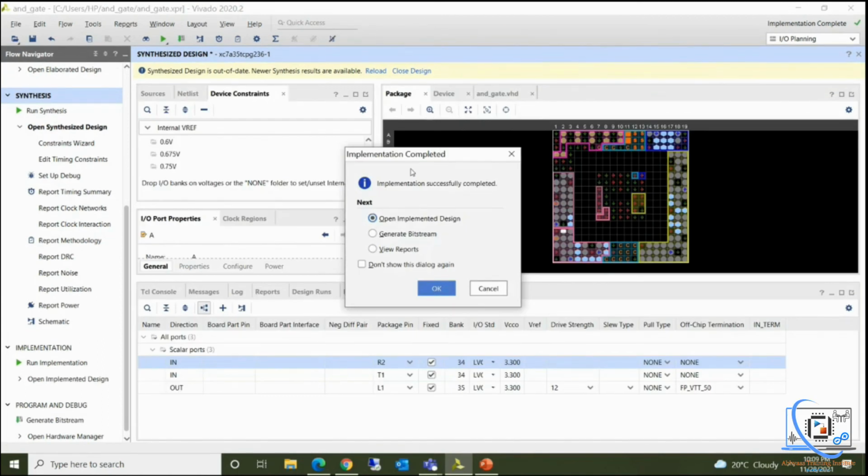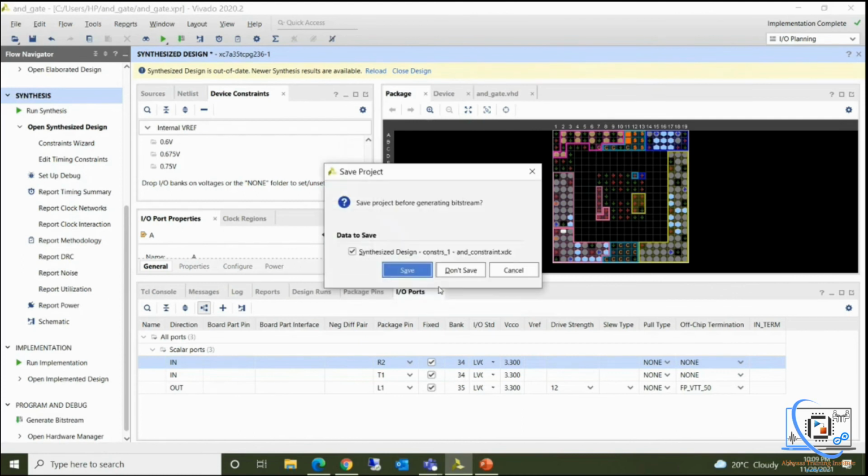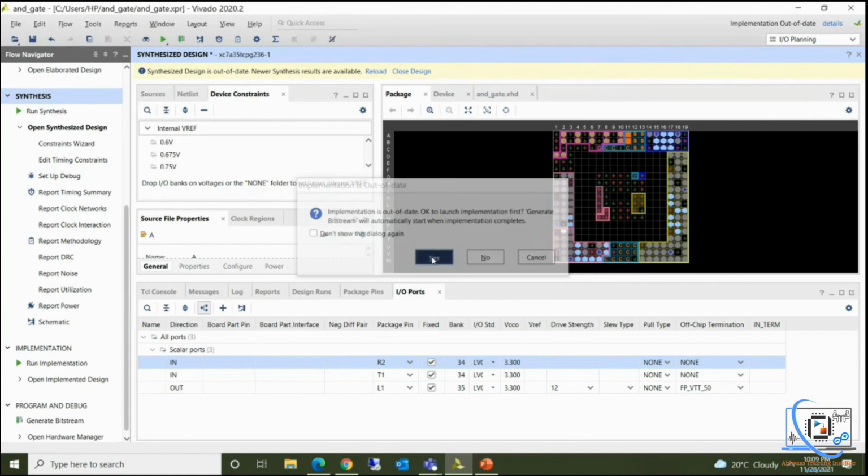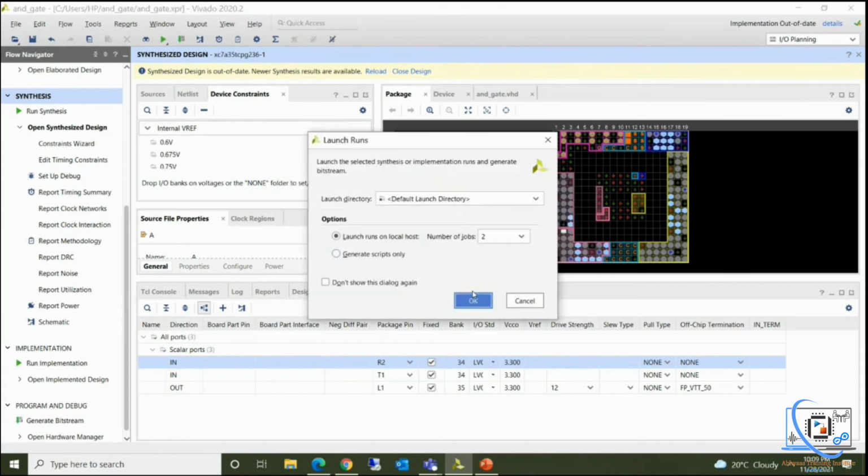Once the implementation is completed successfully, you can click on Generate Bitstream and then click OK. It is asking me to save the project before generating the bitstream, so I will select save. Then click on yes.